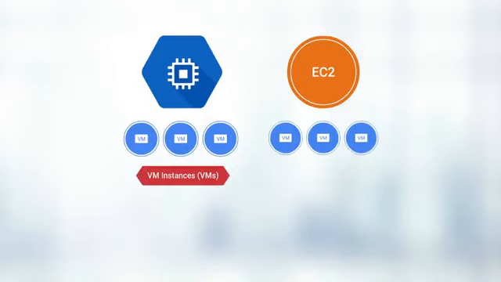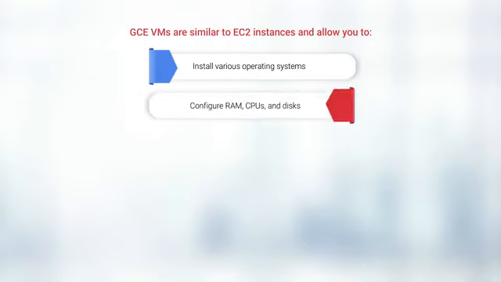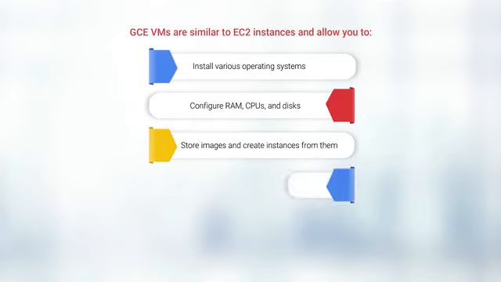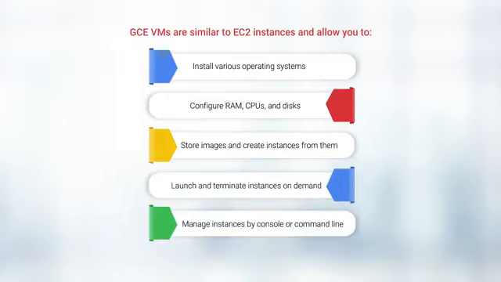Compute Engine and EC2 take similar approaches to virtual machines, and almost every type of application runs on them. Compute Engine calls them VM instances, or VMs, and EC2 calls them instances. Both services can install various operating systems, configure RAM, CPUs, and disks, store images and create instances from them, launch and terminate instances on demand, and manage instances by console or command line.